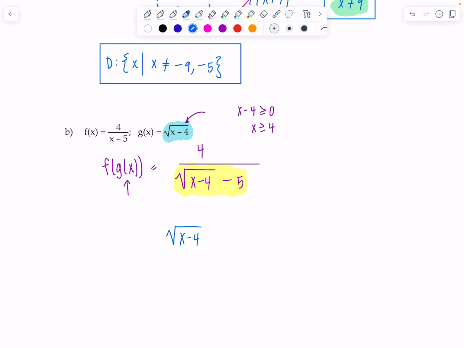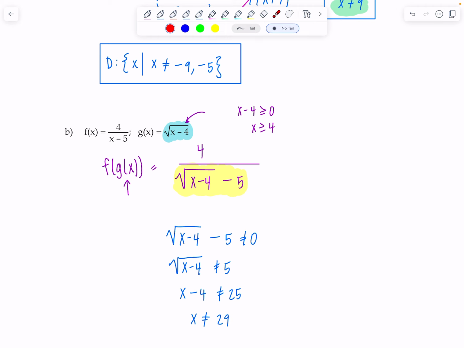So √(x − 4) − 5 can't be 0, which means √(x − 4) can't be 5. Square both sides: x − 4 better not be 25. Don't push me, x better not be 29, okay? So is that relevant to the list? Yeah, x has to be greater than or equal to 4. 29 is greater than 4, so we've got to make sure we tell everybody to skip over